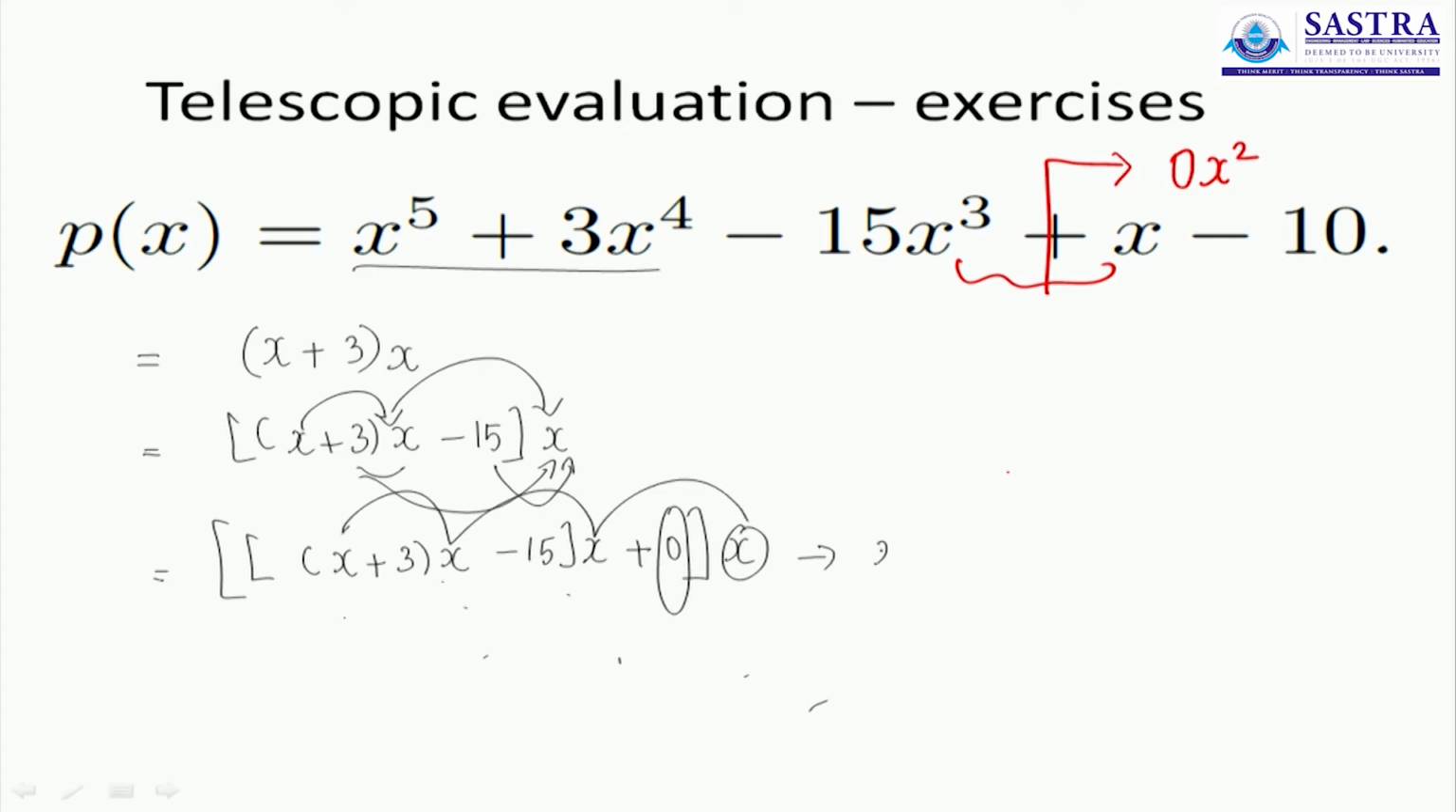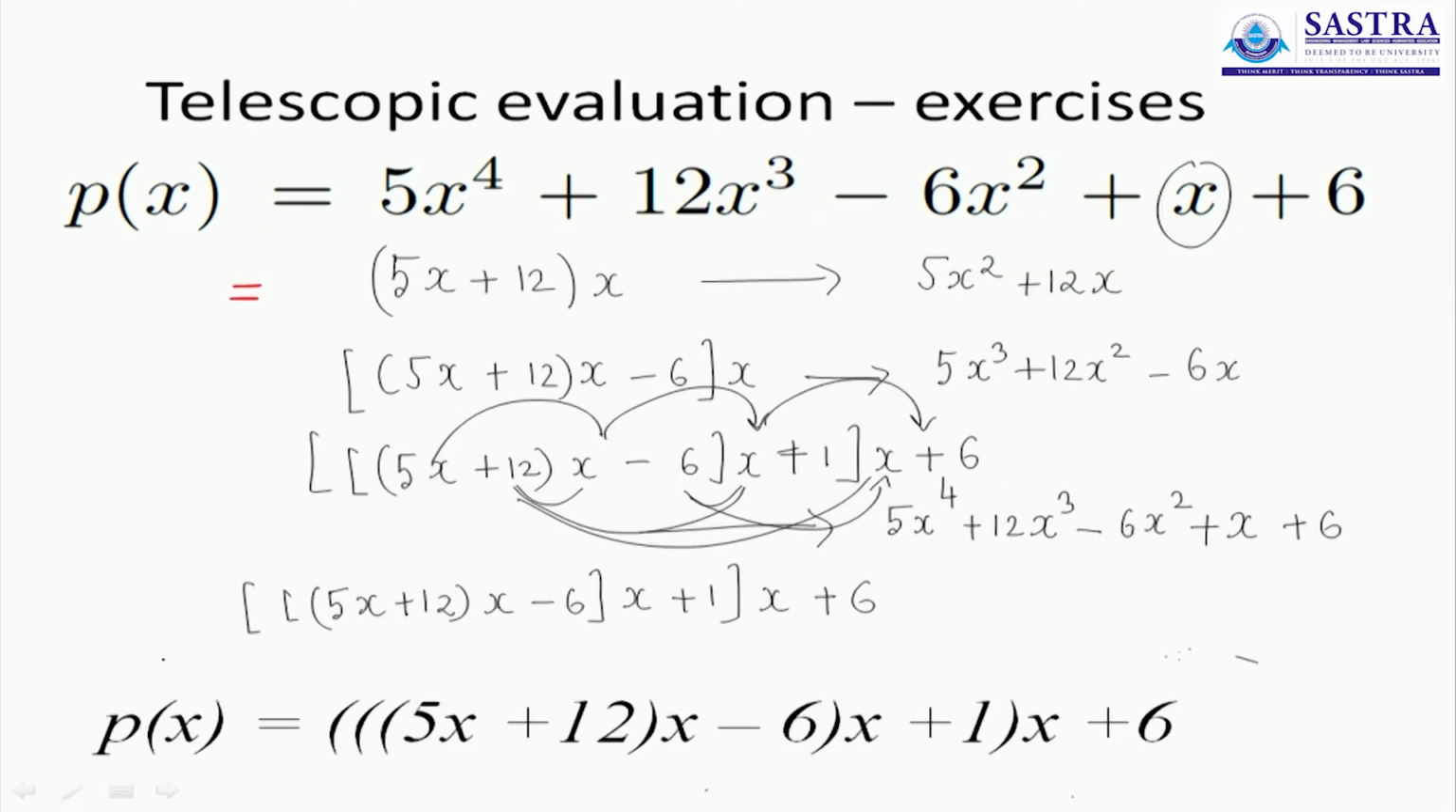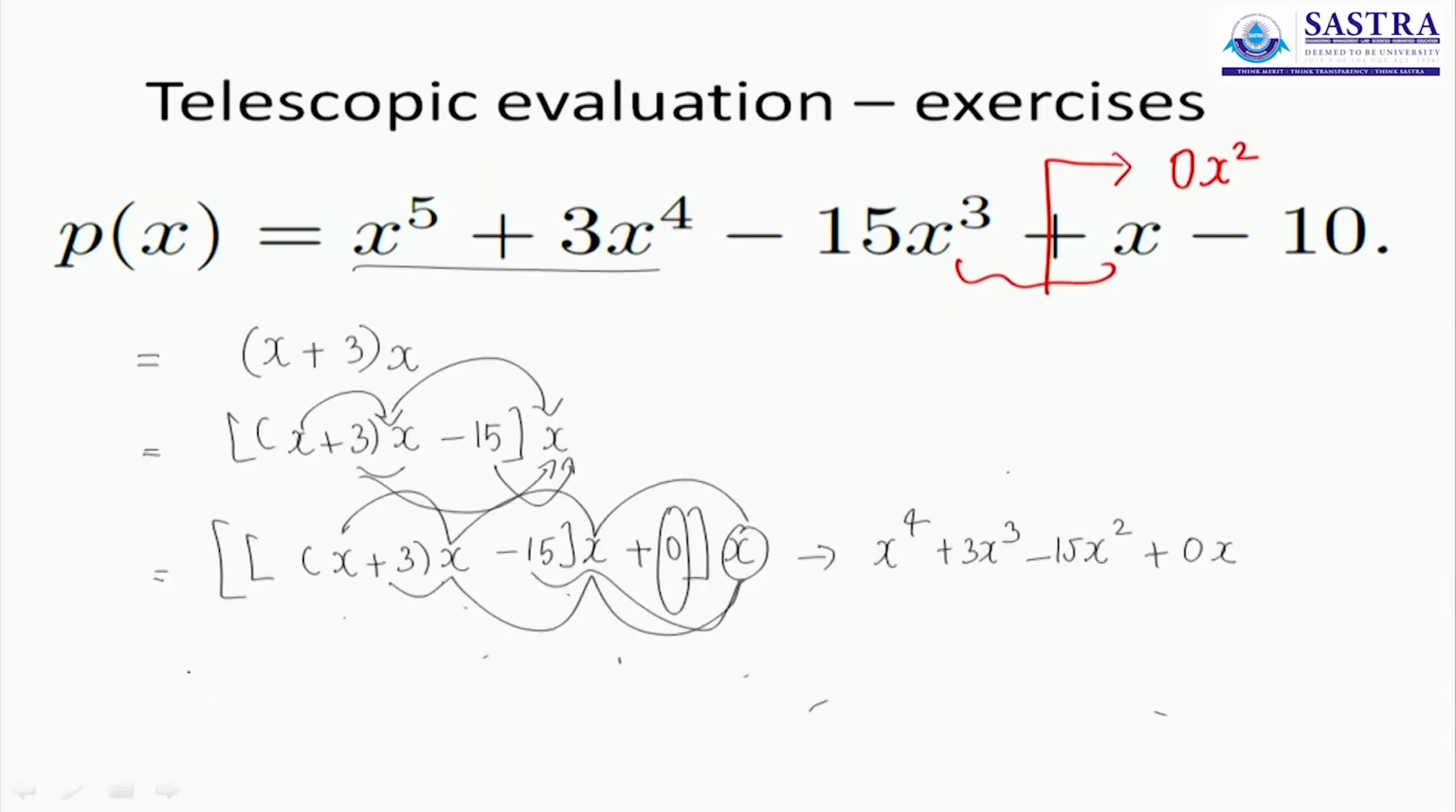So that's an x power 4, 3x, 3x square and 3x cube plus 3x cube minus 15x and x, that's a 15x square plus 0x. But that's not what we started with. We started with an x power 5. So to account for one more power of x, and that we'll do by